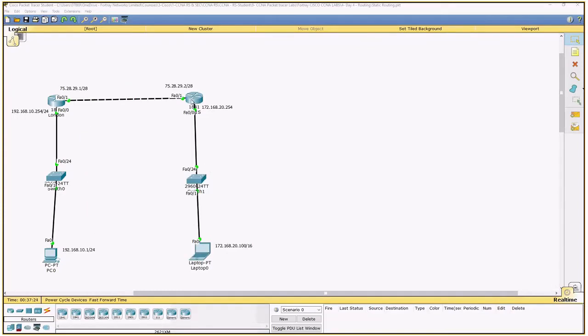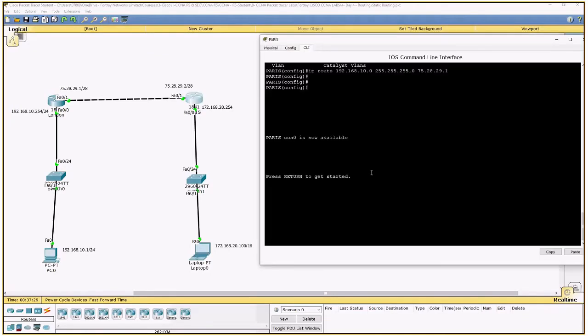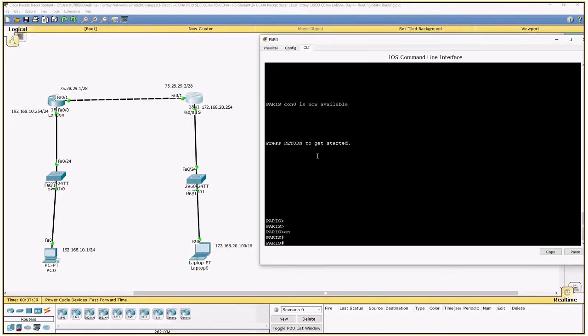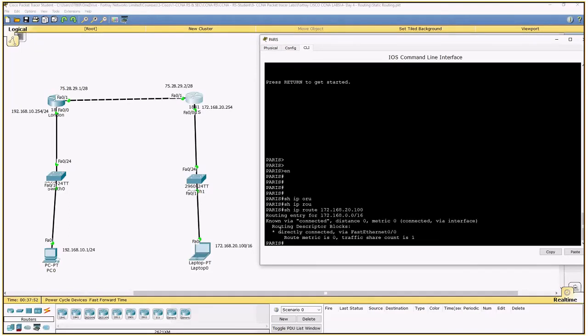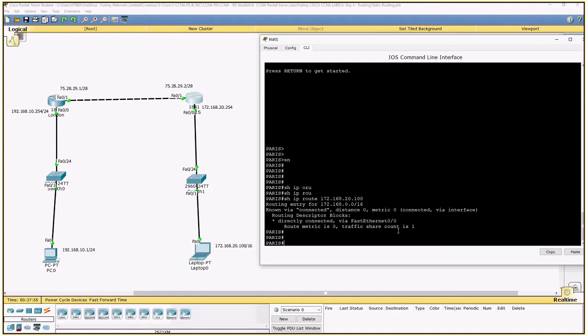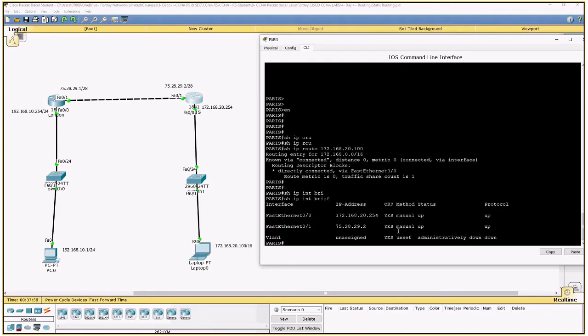Now again, traffic has reached Paris, and Paris says, oh, this guy's traffic is coming. I don't know who the source is. I received this packet, and he wants to reach the 172.168 network. And where is this guy? It will again do the lookup here. And it found it is directly connected to my F0/0. And what is F0/0? F0/0 is my LAN address. Okay? Is that clear?